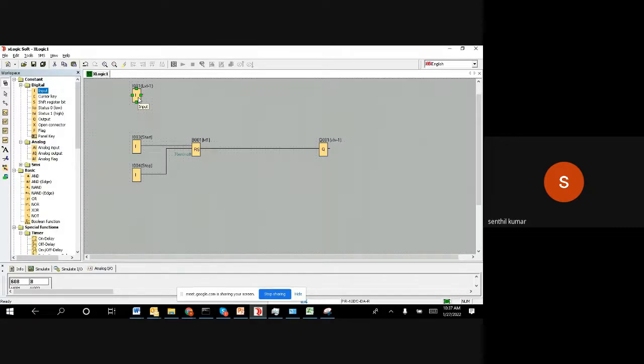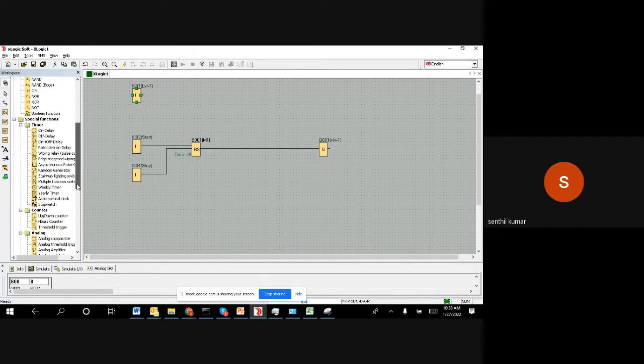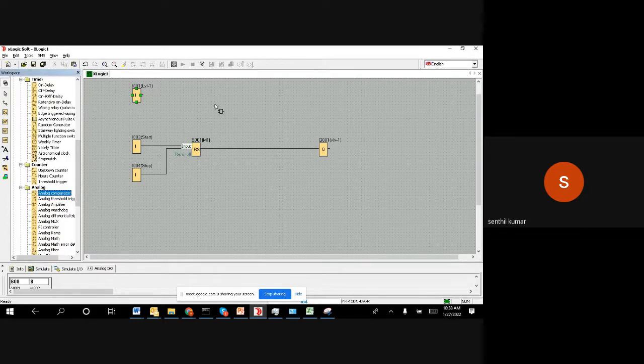So what we said is, when this valve is open, if the value goes less than 500, we want to close this valve, right? So what we need to do is have a comparator. Let's take a comparator. So we have a comparator. Okay, if this value